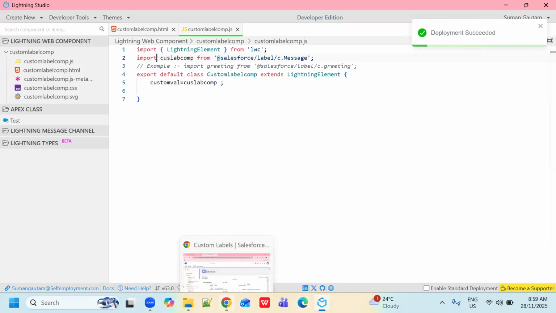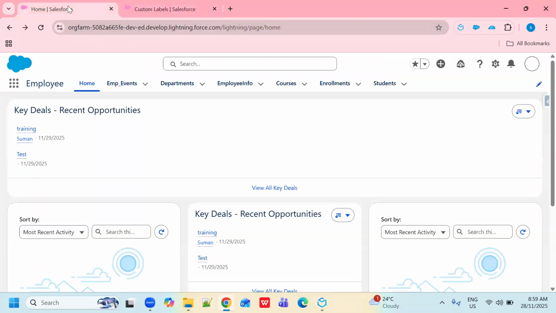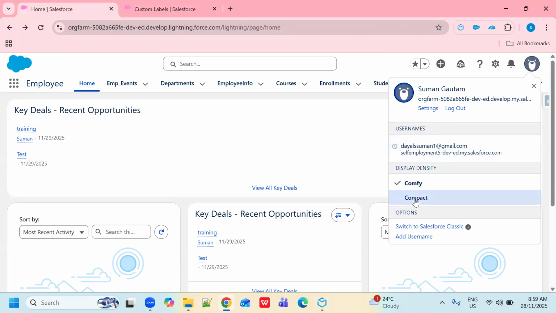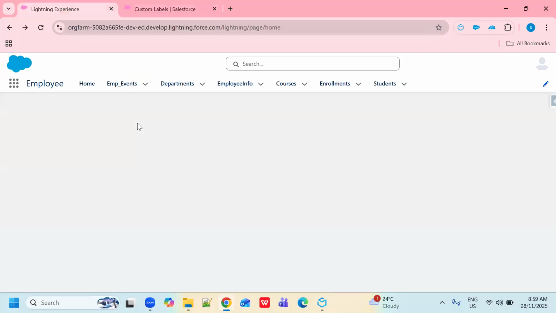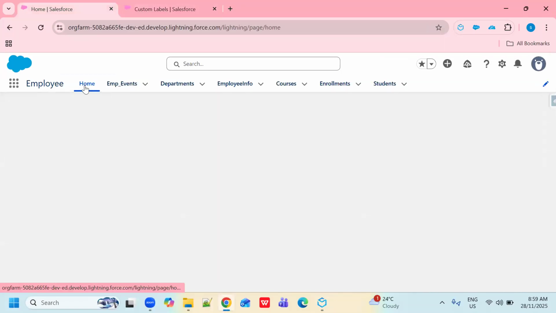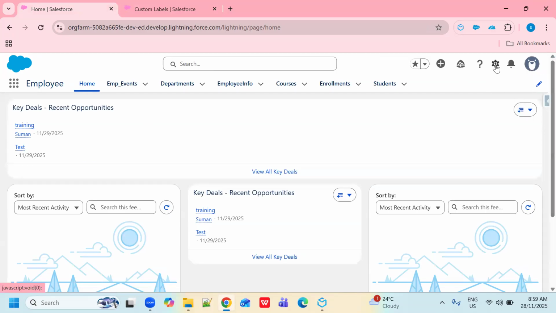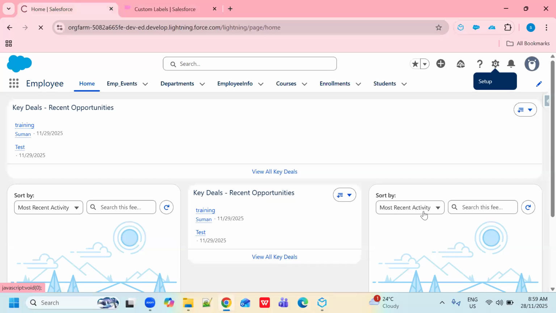Now come to our Salesforce org. This is my application. Just give a refresh to our application, and I'm going to use this component in my home page. Click on the gear icon, click on the edit page button.